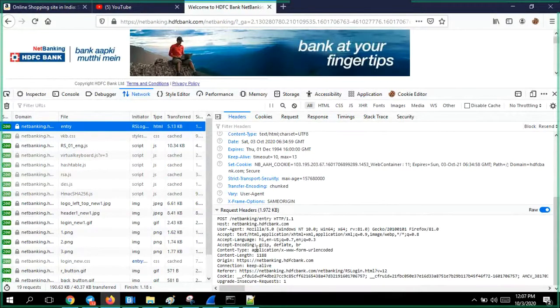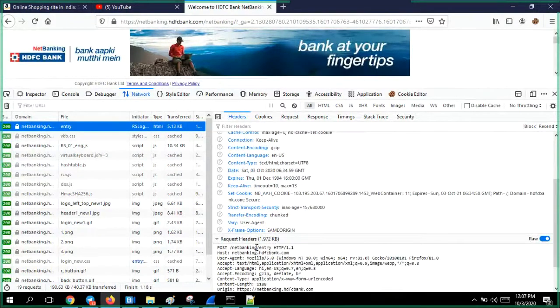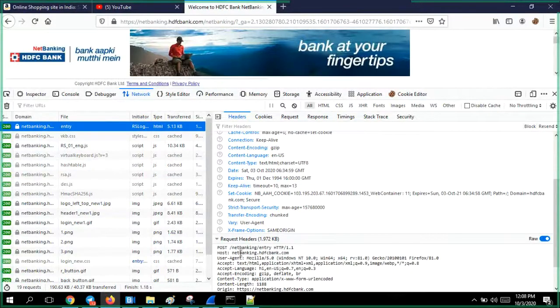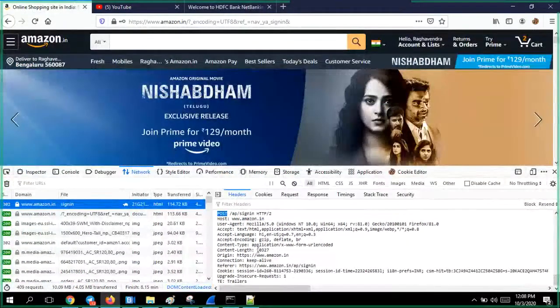We'll see a little deeper later, but most of the information you have seen at the top level, you actually know now. They are not getting changed for post or get, but it does change with post. You will have content length, which means you are carrying your username and password.